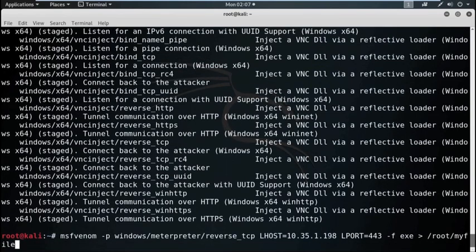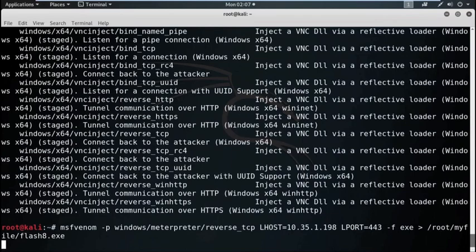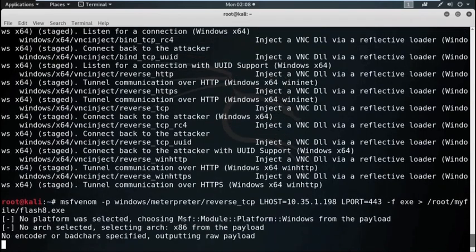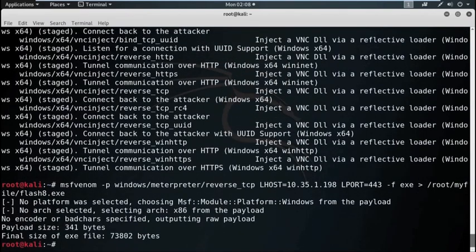I am going to store this executable file in root under my file directory, and the file name is maybe flash8.exe. Now, hit enter. Now, it is created.